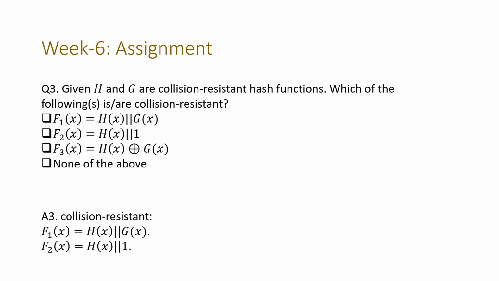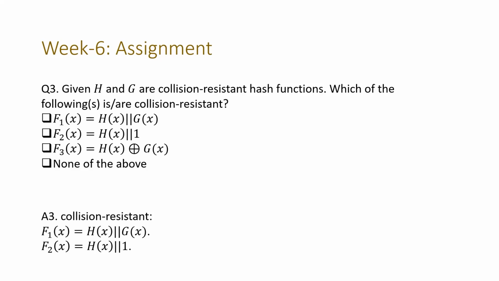So analogous to the first construction of f1x, here also we can argue that if some adversary is able to find such a collision pair x1 x2 for the hash function f2, that would imply that f2 of x1 is equal to f2 of x2, which implies that h of x1 concatenated with 1 is equal to h of x2 concatenated with